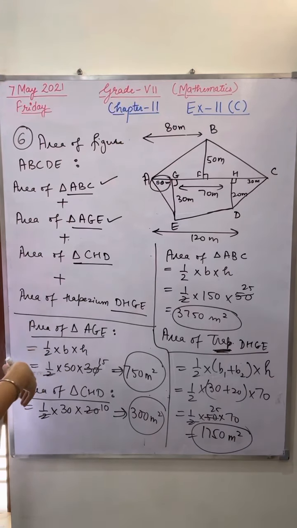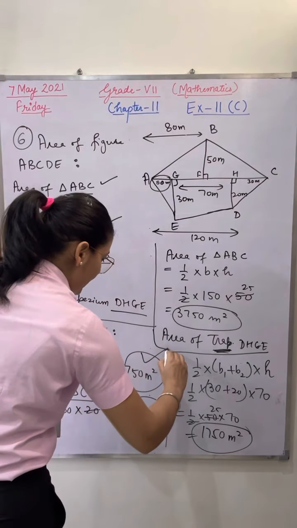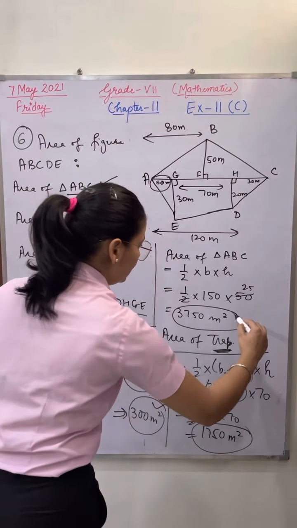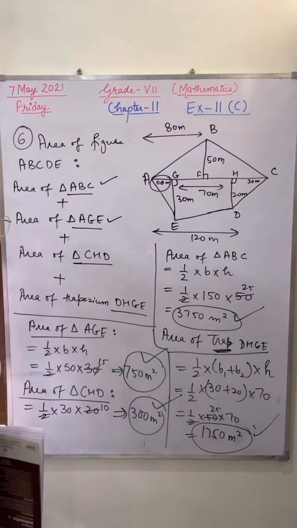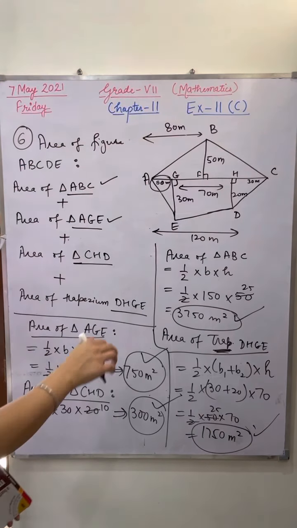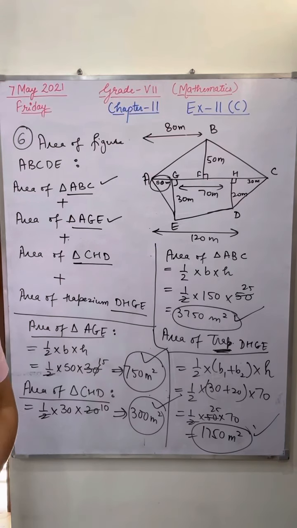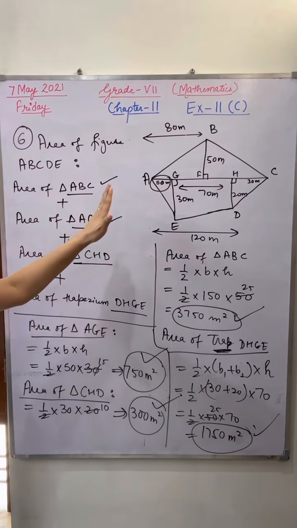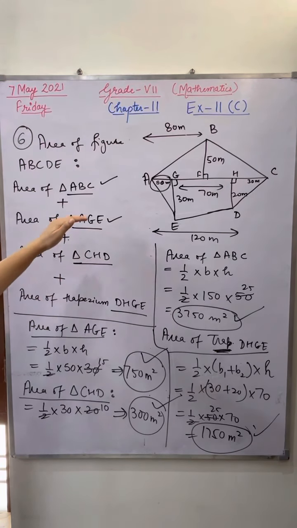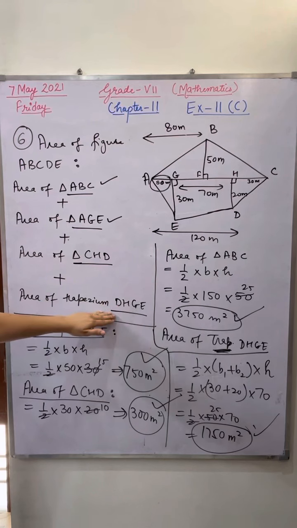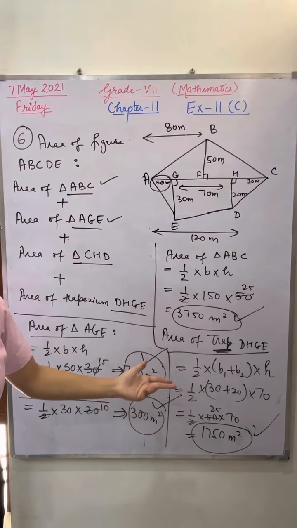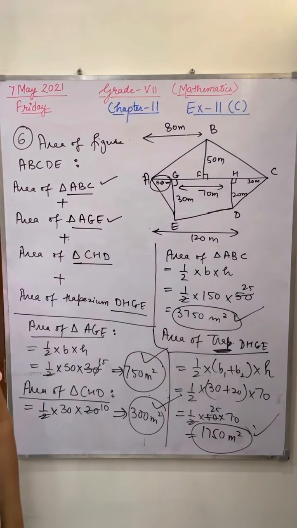Now you have to take out the area of this complete shape. You have to add the area of this triangle, this triangle, this triangle, and this trapezium, and you will get the complete area. Last step is addition. In this figure you can see 1, 2, 3 triangles and 1 trapezium. We are having 4 different shapes. So take out the area one by one and add all the areas. You will get the answer. Very good. Yes, Manvi. Simar, yes, very good.